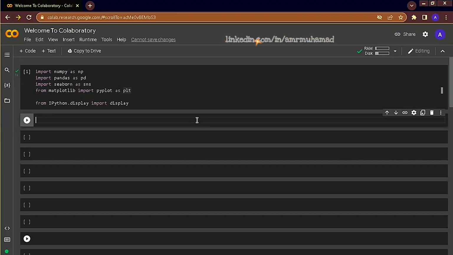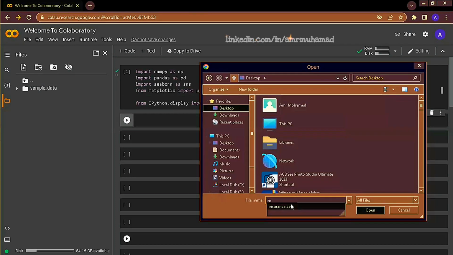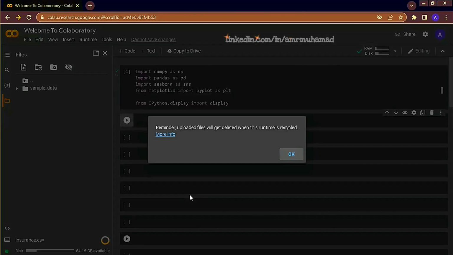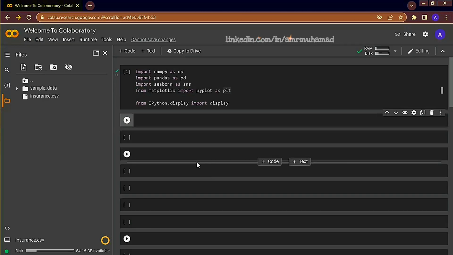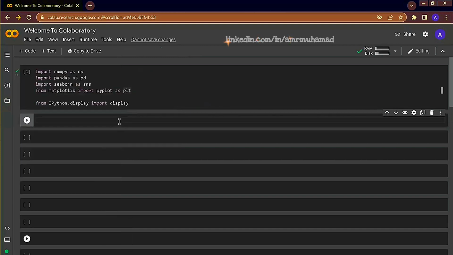The dataset that we'll be using today is the insurance dataset, and in order to add a dataset to your notebook, we go to this button, File, and Upload. So we now have the dataset uploaded to the notebook. We simply copy the path and read the file using pandas. So we'll name the dataset using a variable called df. df stands for data frame, equal pd.read_csv and pass in the path for the file.